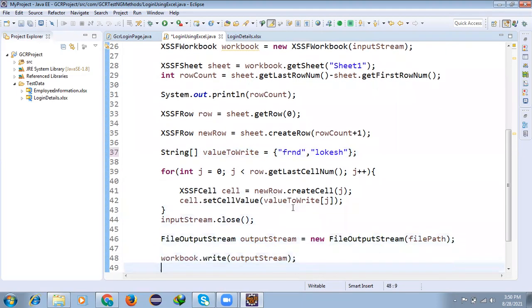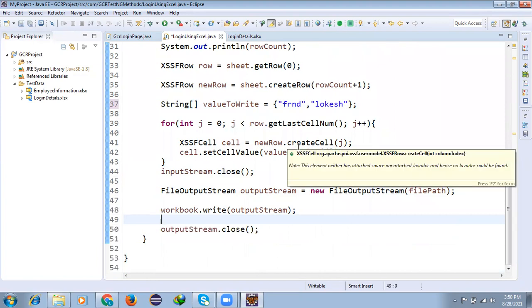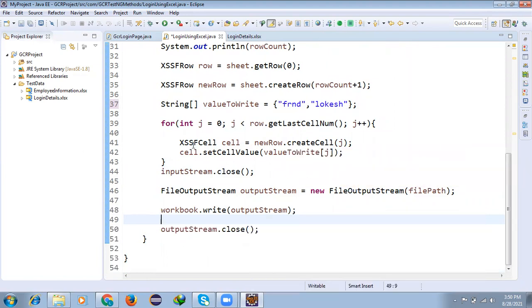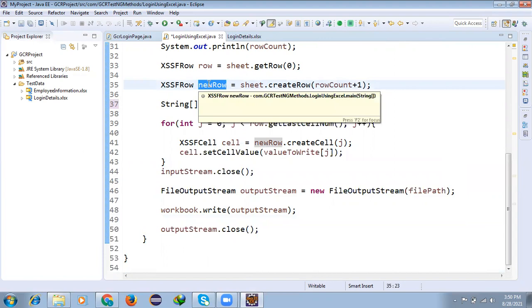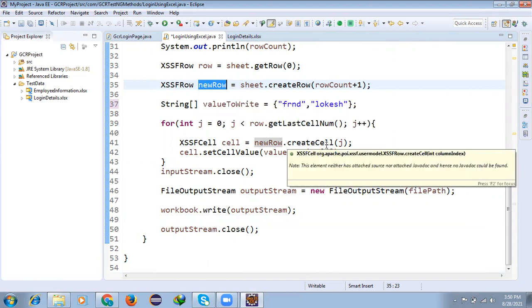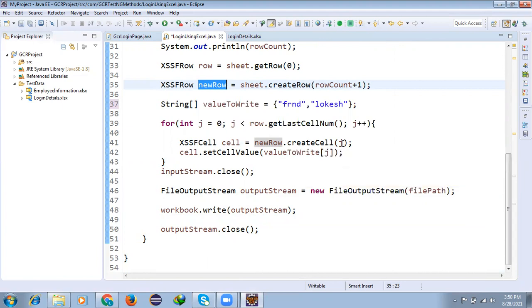And here I'm looping with a for loop, j equal to 0, while j is less than the last column cell value. It gets all the cell values up to the last one. Then the sheet's new row, which is the newly created row, at that position, createCell for j, which is the last cell value.